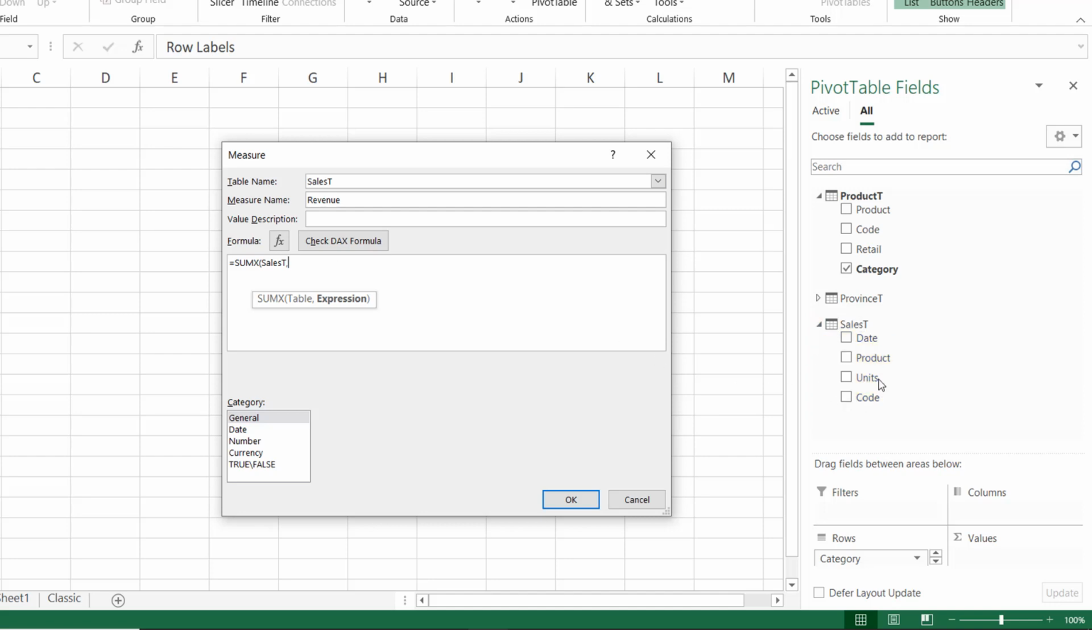What's the name of the table in which I have the units? It's the sales table. So if I type sales, I don't have to continue typing. I can simply double click on sales units and I would have added the sales table and the units in square brackets. I multiply, I add a multiplication symbol, and now I want to bring for each row the